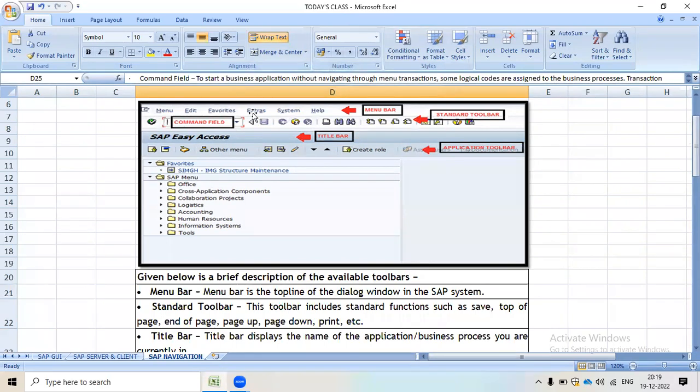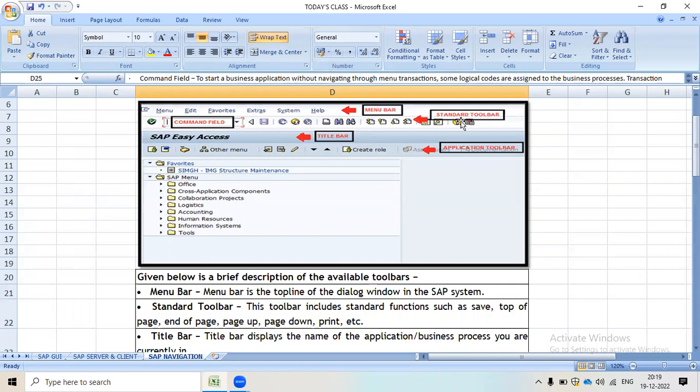This is our menu bar. From here we can access menu details: edit, favorites, extras, and system. In the command field, we can use different types of T-codes. By using them, we can access transactions or perform different business scenarios.